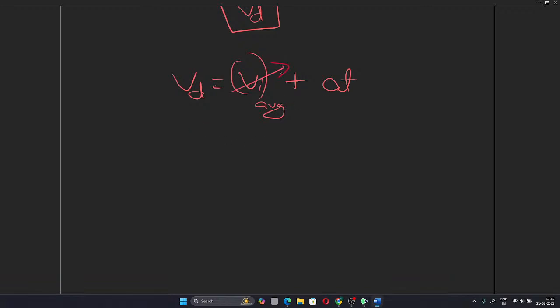Here we already know that this is 0. So Vd equals V drift equals acceleration, minus E by m,